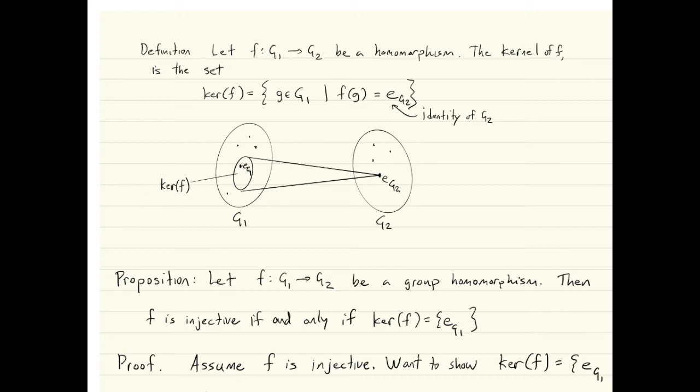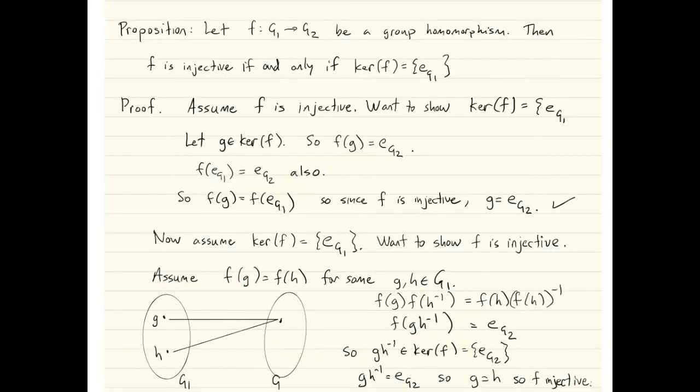And we have the following proposition. Let f be a homomorphism. Then f is injective if and only if the kernel of f consists of exactly the identity element. We needed this proposition in the proof of the theorem that Z mod mn is isomorphic to Z mod m times Z mod n. Well, first notice that this is an if and only if statement,